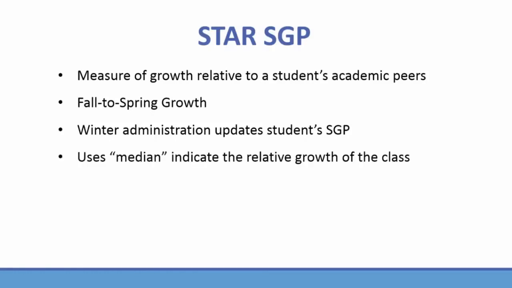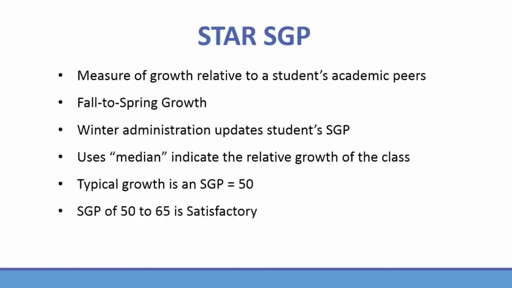It uses the median to indicate the relative growth of the class. Typical growth is considered an SGP of 50, and for component 5 purposes, an SGP between 50 and 65 is satisfactory. Anything past 65